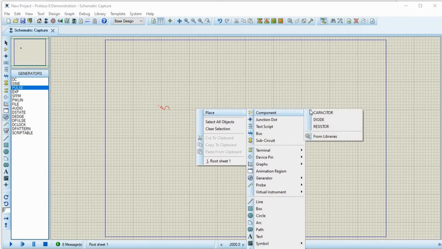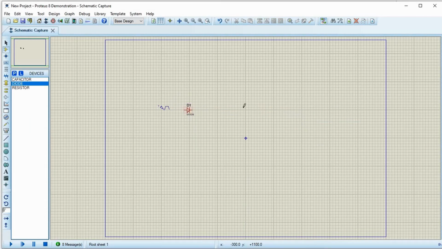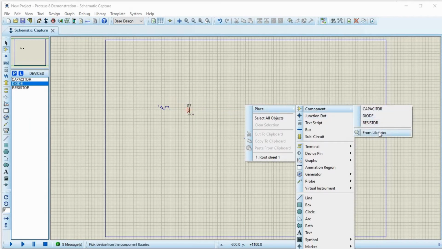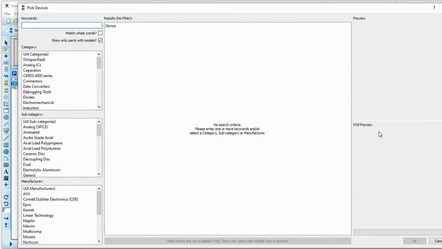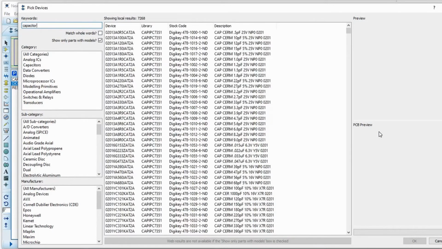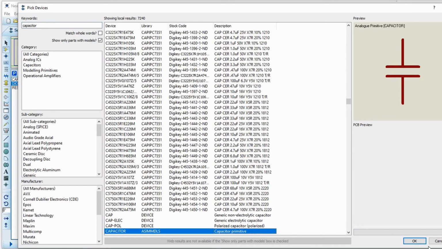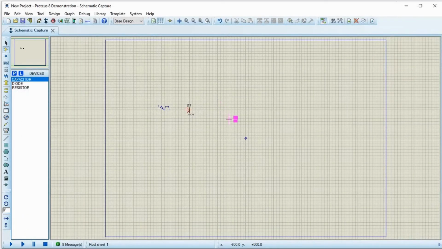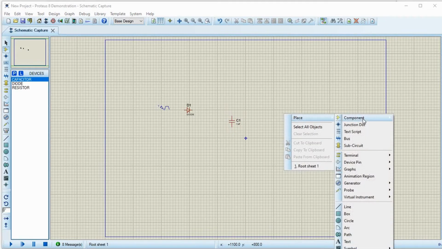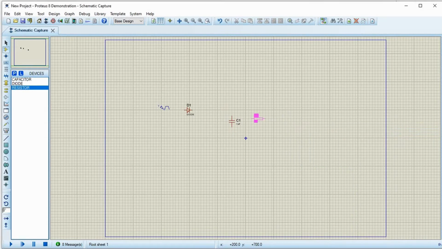Let me place a component: diode, capacitor, resistor. Don't worry about the values of these components right now. When we start designing, I'll tell you how to select the value of individual components.